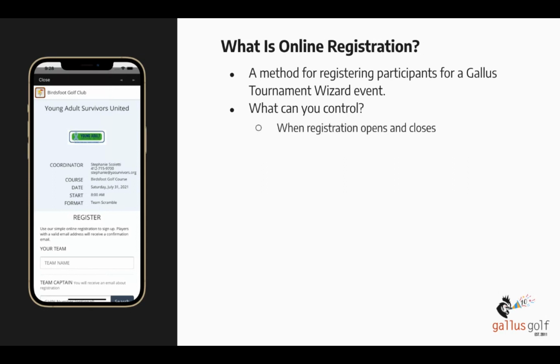You can, of course, control when it opens and when it closes. One of the basics there. You can also send out reminder emails to participants a week before the event and also 2 days before the event as well. You can control what the text says in those. You can set the max field of the event that you're setting up so that you don't go over on the number of people that are registering. You can set a fee for it, which we'll talk about a little more in a second,